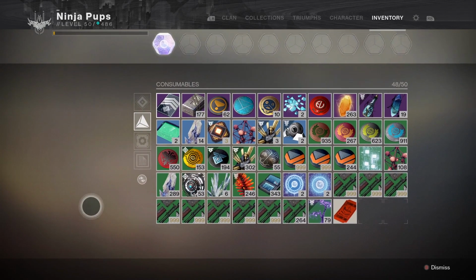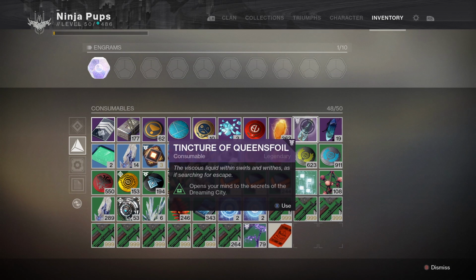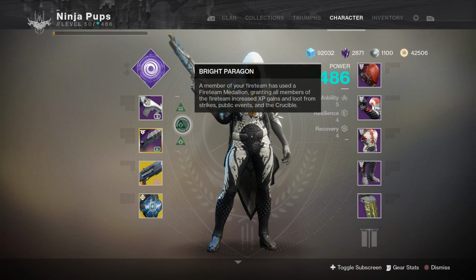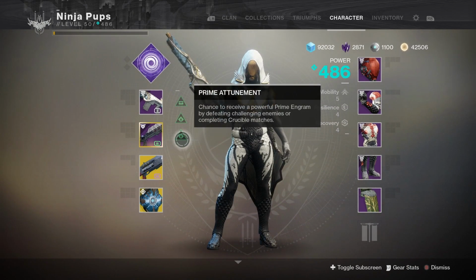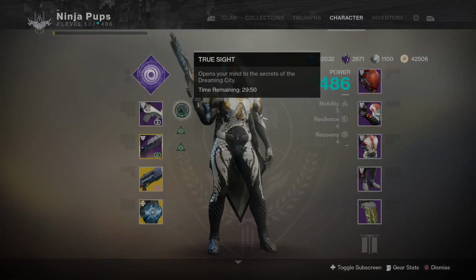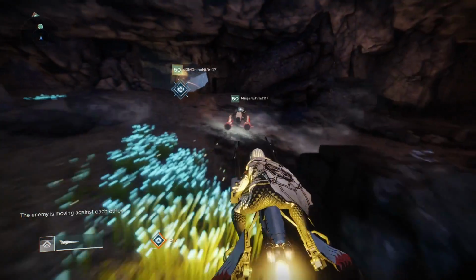Well, first you need a tincture of queensfoil, a buff that lasts for 30 minutes once consumed, and this Ascendant vision allows you to see the portal and other secrets out in the world. You can get tinctures of queensfoil as a random drop from chests, although I found they're pretty rare, and you can also buy them from the secret skull vendors in Harbinger's Seclude, which I just made a video on how to do that, so if you want to know how to get a bunch of queensfoil, check out that video